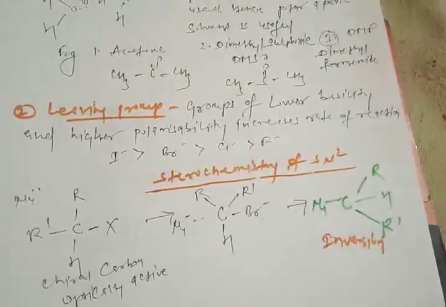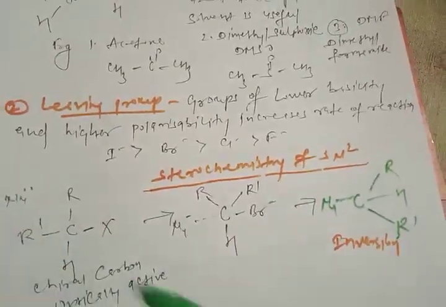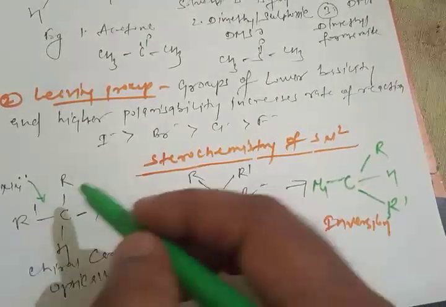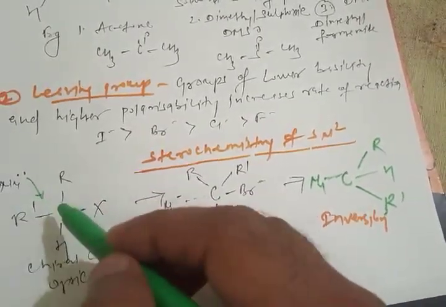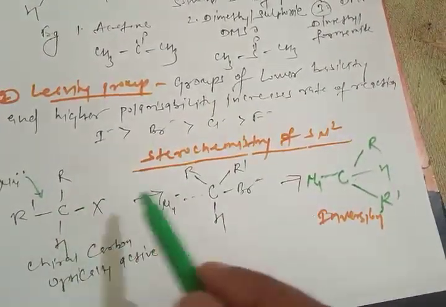In case of SN1 it was inversion and retention both, but here only inversion takes place. The reason is that the nucleophile is attacking from the rear side, and in order to remove the hindrance, this group will be inverted to this side, and then the leaving group can easily leave. So this is the stereochemistry of the center, nothing special. The reason is that here it is inversion only.